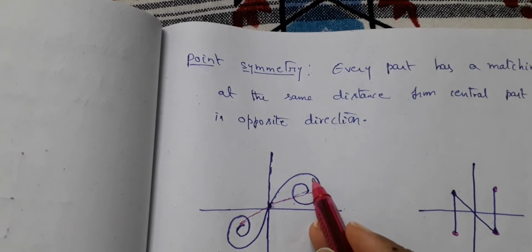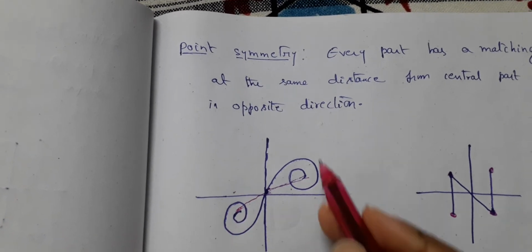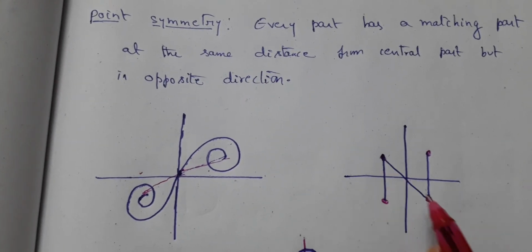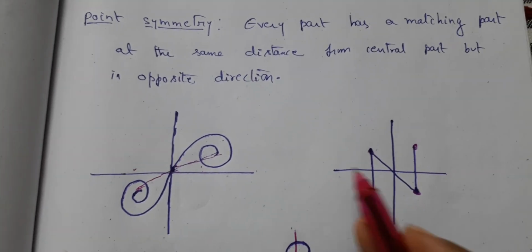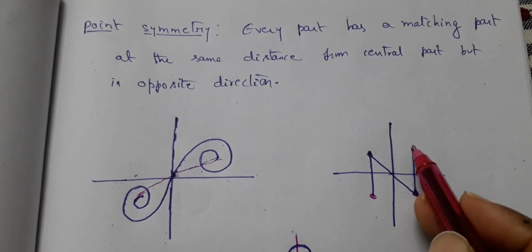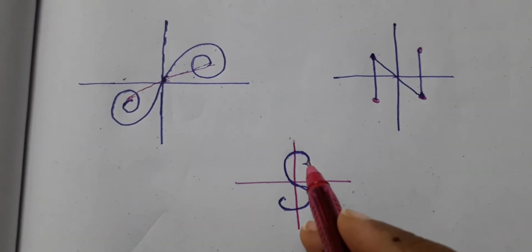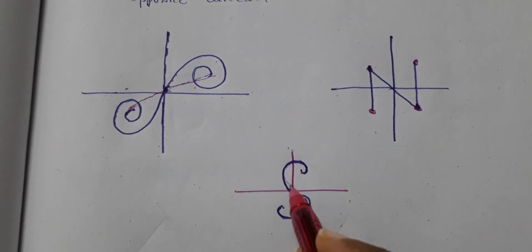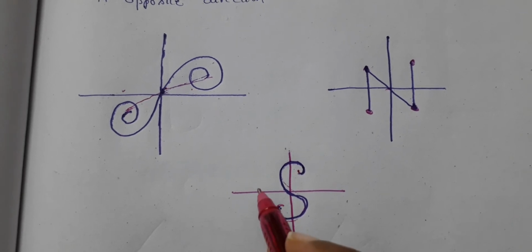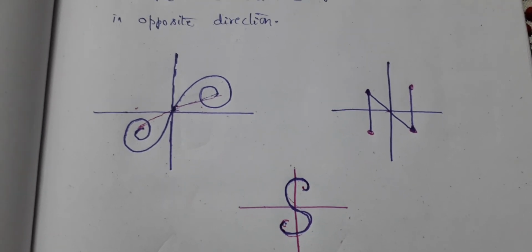The shape you have here is facing the x-axis, that means downward, and this shape is facing upward. Can you see that opposite behavior of the symmetry? Yes. And here also, this is the alphabet N. If you draw a central point here, you can see that this line is dropping down and this is moving up. So this is opposite symmetry. And here, if you take the alphabet S, this curve is on the positive side of the x-axis and positive side of the y-axis, whereas this is at negative x-axis and negative y-axis. So exactly opposite. This is what we call point symmetry.